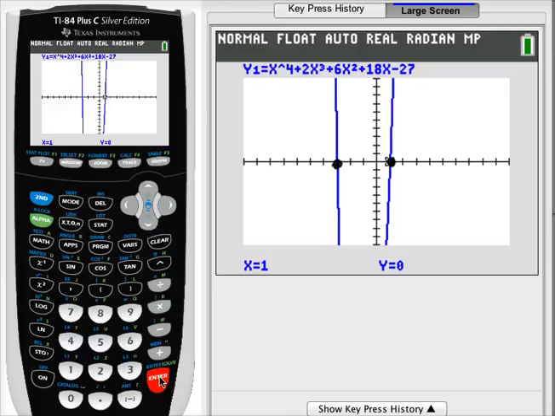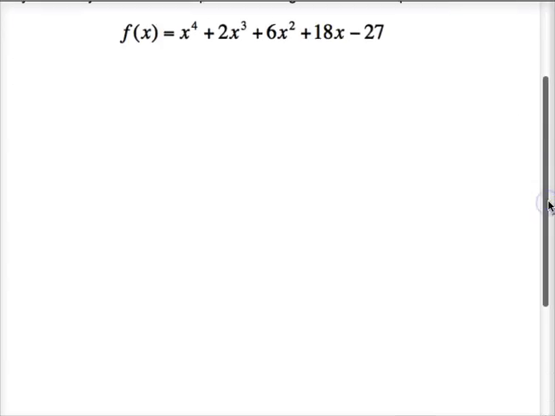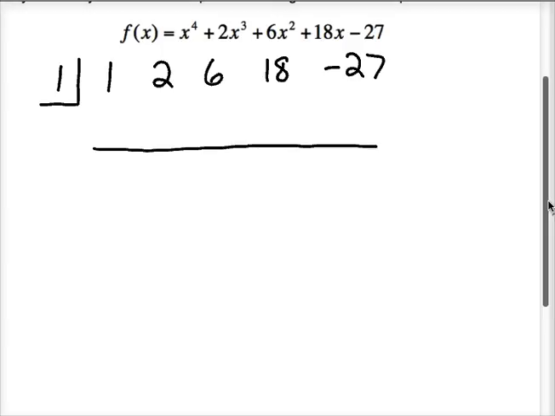And what I'm going to do is, because I have two that I can take out, I can use synthetic division twice. So I'm going to start with my 1. I'm going to start by pulling that one out. 1x to the 4, 2x cubed, 6x squared, 18x, minus 27. So I'm going to pull that 1 out. Bring it down, multiply. Add, multiply. Add, multiply. Add,